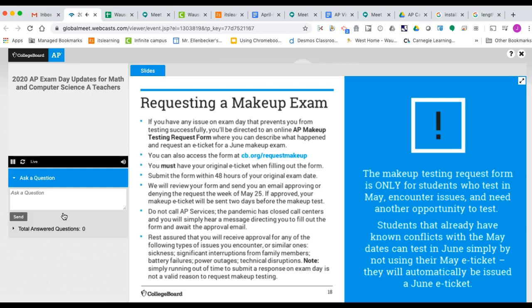We'll then review the student's form, and we will send the student an email approving or denying their request the week of May 25th. If the student's approved, the student will receive that makeup e-ticket 2 days before the makeup test day. Students should be confident that even though they'll have to wait a week or two to hear back from our review of their request, they will receive approval for any of the following types of issues they encounter,